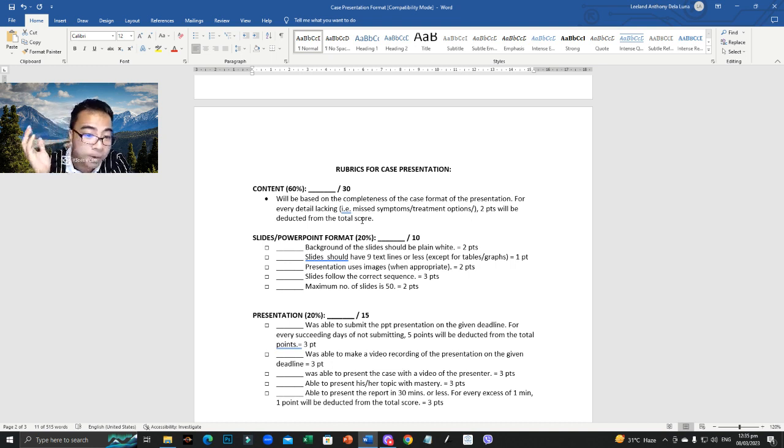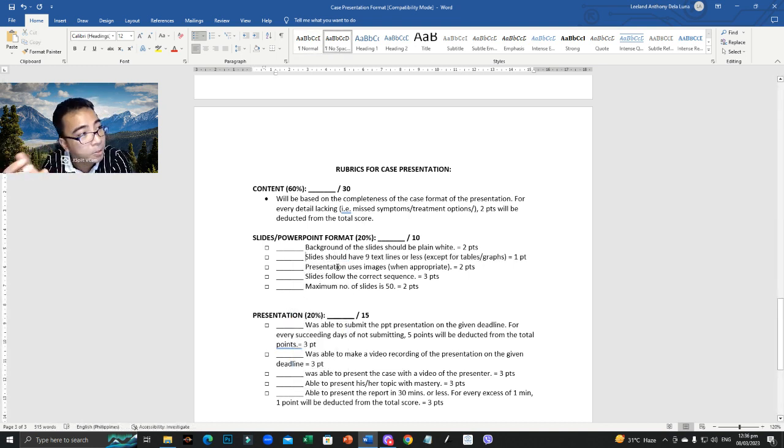Next would be your slide PowerPoint format. Okay? So, the PowerPoint, class, should be white in background. Okay? Huwag muna tayo maglagay ng graphics kasi minsan mabigat. I mean, huwag kayong maglagay ng design sa slides. Minsan kasi mabigat yung file size nun. Mabigat yung file size. Okay? So, basta plain white lang muna. Okay? Just plain white background. Yun lang. Right? Kayo nang bahala sa kung ang